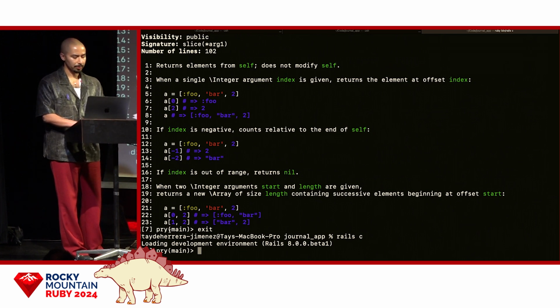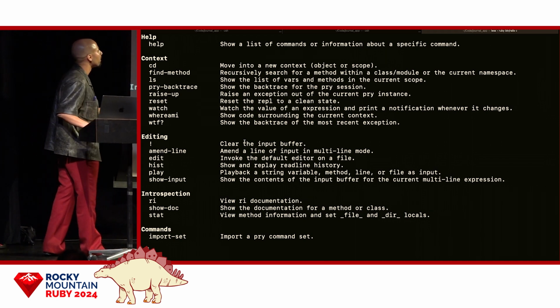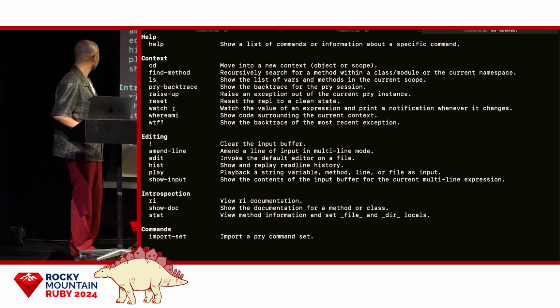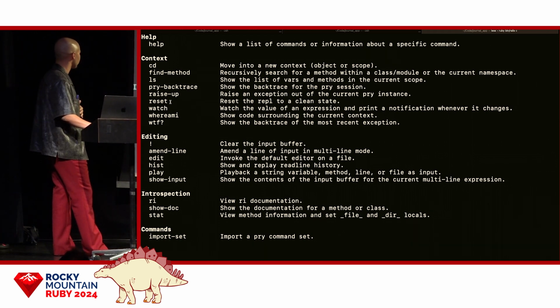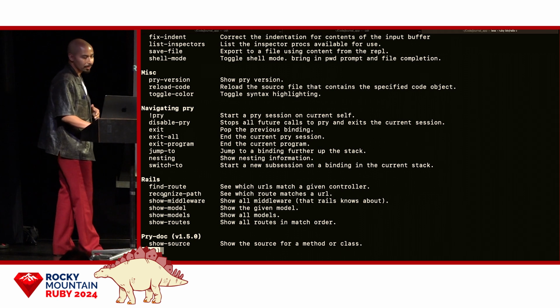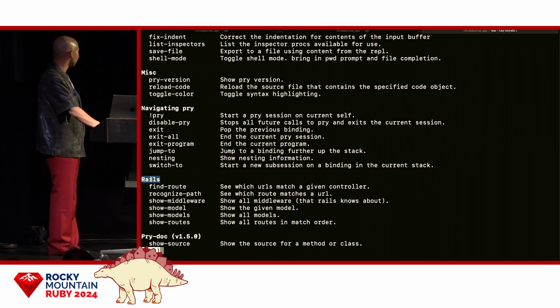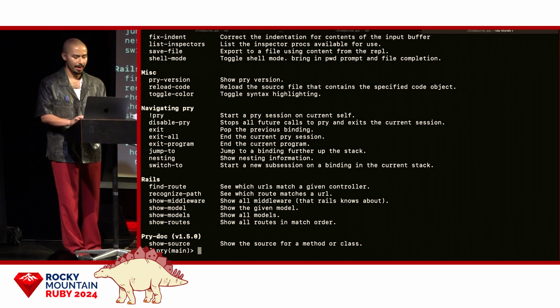So if I do help, cool. If you type help into the terminal, it'll tell you all of the methods that you have available to it. Two in particular are helpful for me. If you find this little section, it says Rails, then you get all of these methods with the pry Rails gem. And one of them in particular that I use all the time is this show model method, as well as show routes. And just to give you a visual of that,